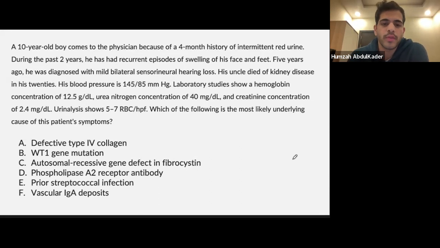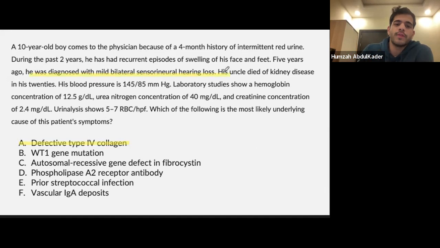His blood pressure is 145/85. Studies show that his hemoglobin is 12.5, urine nitrogen is 40, and creatinine is 2.4. Urinalysis shows 5 to 7 RBCs per high-powered field. Which of the following is the most likely underlying cause? You guys are saying it's A, defective type 4 collagen, and it is Alport syndrome. That is correct. What I want you guys to know about this as well is that sometimes they won't mention